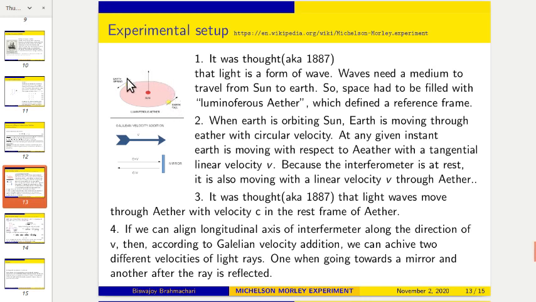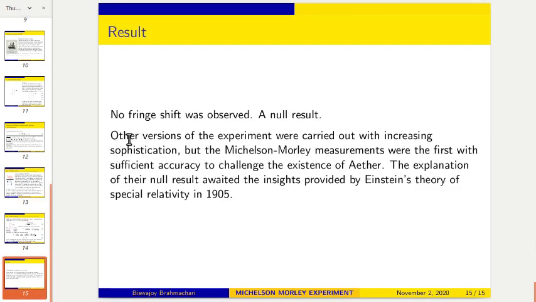But after 6 months, the Earth is moving in the opposite direction. Then of course you have to see the fringe shift. If by some chance Earth's velocity around the Sun and the ether wind's velocity are the same, even that did not work. So other versions of the experiment were carried out with